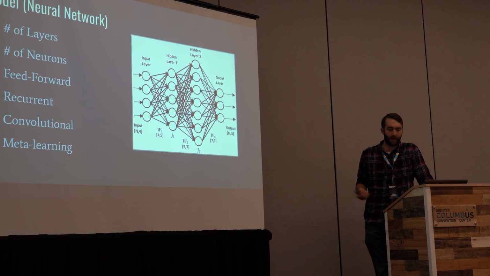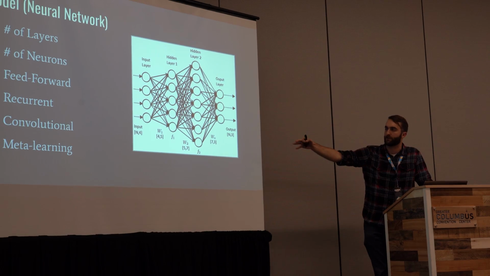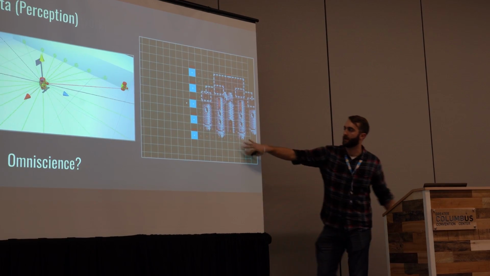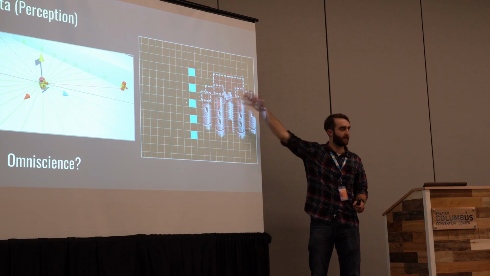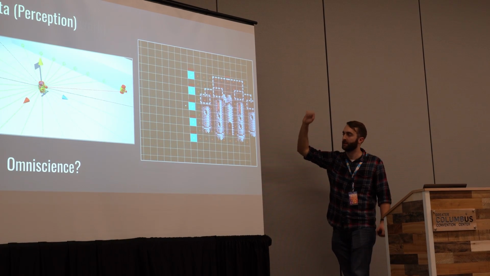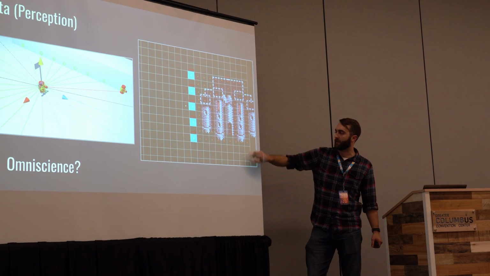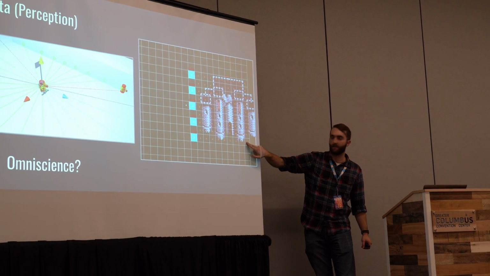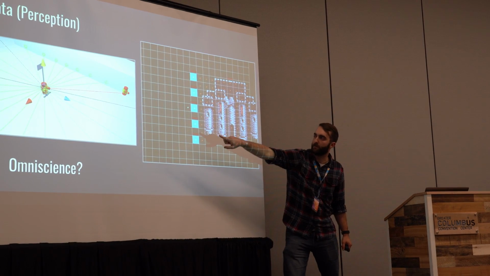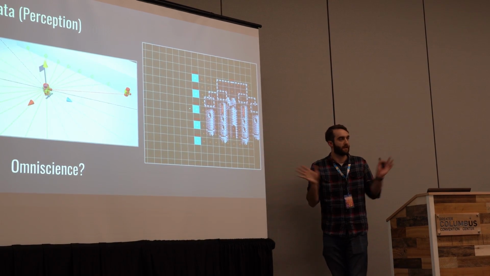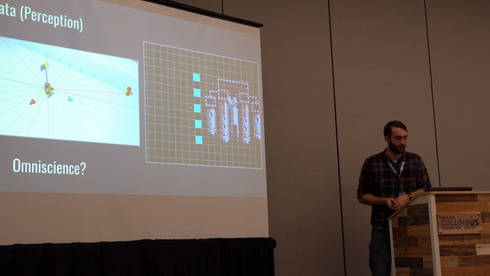And then finally there are some other things like convolutional networks, which is how this grid works. It learns patterns in the grid. It doesn't just treat everything as being unrelated to everything else. So with the convolutional network, it's able to learn that this grid cell and this grid cell are next to each other, etc. Versus with that ray version, all of the rays are kind of treated equally. They're not near each other or whatever.